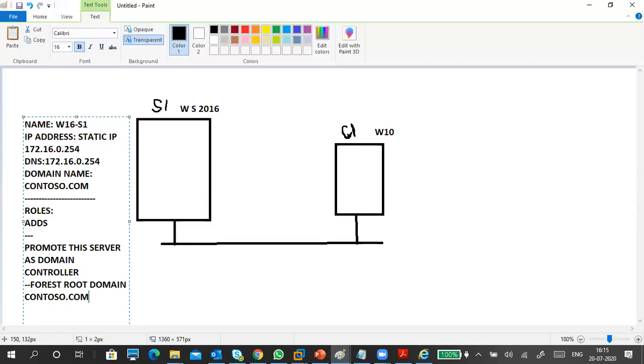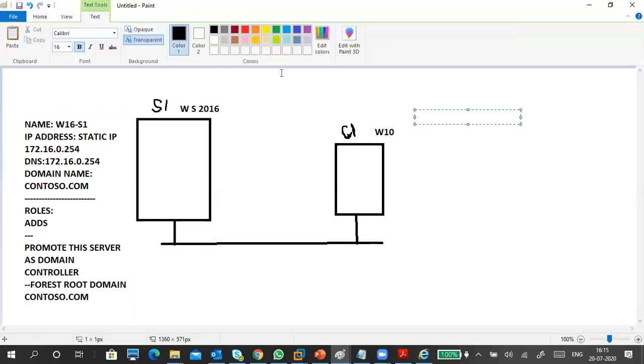For example, your server name is anyway S1. Don't use S1.com. You can use domain.com or domain1.com. My server is earlier like a demo, domain1.com. My computer name is demo dc1 and this is domain.com. So like that you can do it. Okay, so I will show you one by one steps.